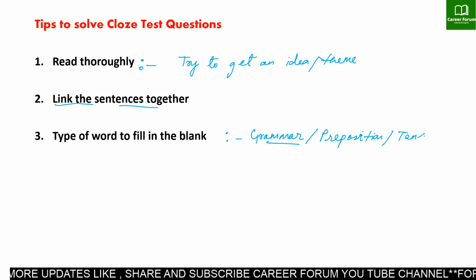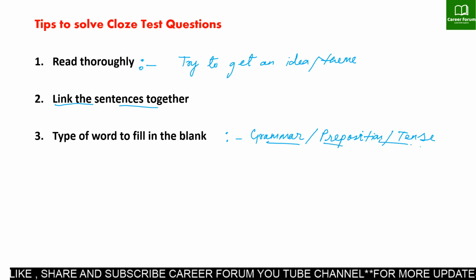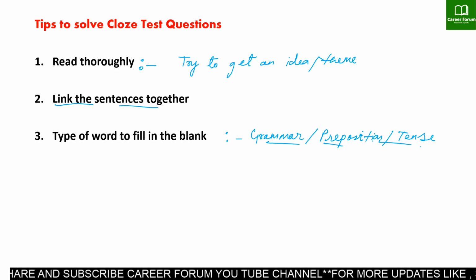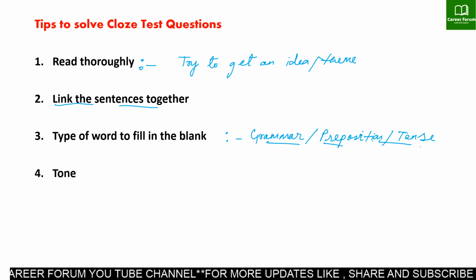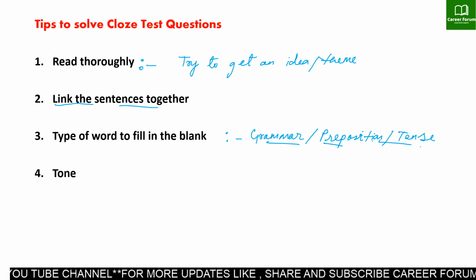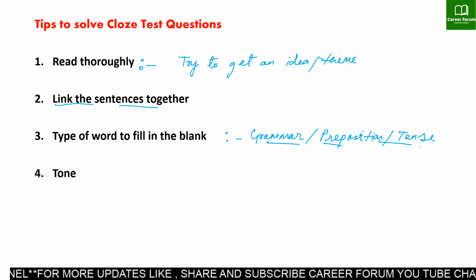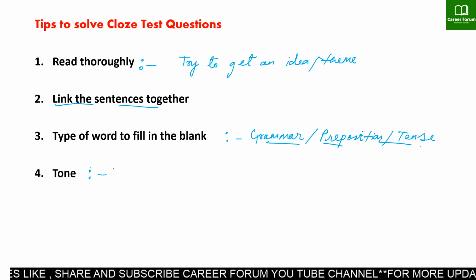Okay, so tense. These three play an important role while filling a word in the blank. Am I clear? Okay. The next point is tone. We generally underestimate this part, but tone is important. Every paragraph may contain some specific tone, and identifying the right tone will help you make the right choice of the word. Tone is basically the attitude or the manner in which something has been written.